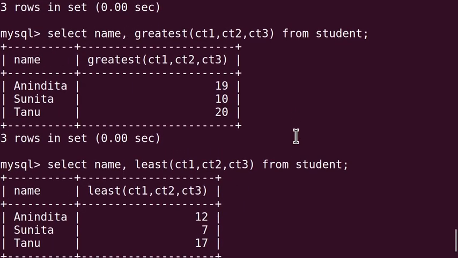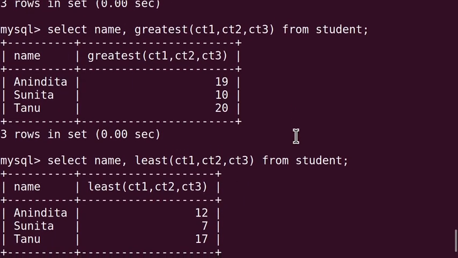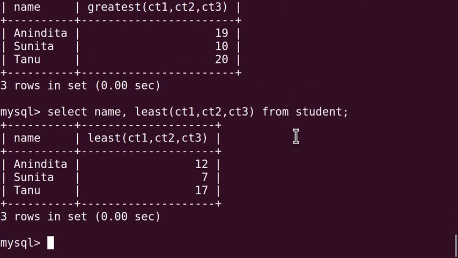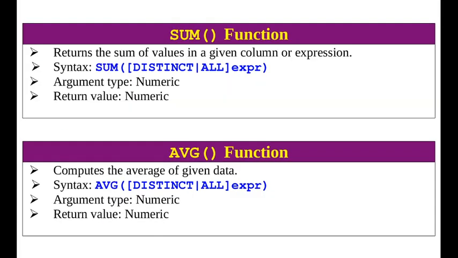So that's all about your max and min function. Hope it is clear. Let's go back to our presentation. Next slide, that is the sum and average function. The sum function returns the sum of values in a given column or expression.